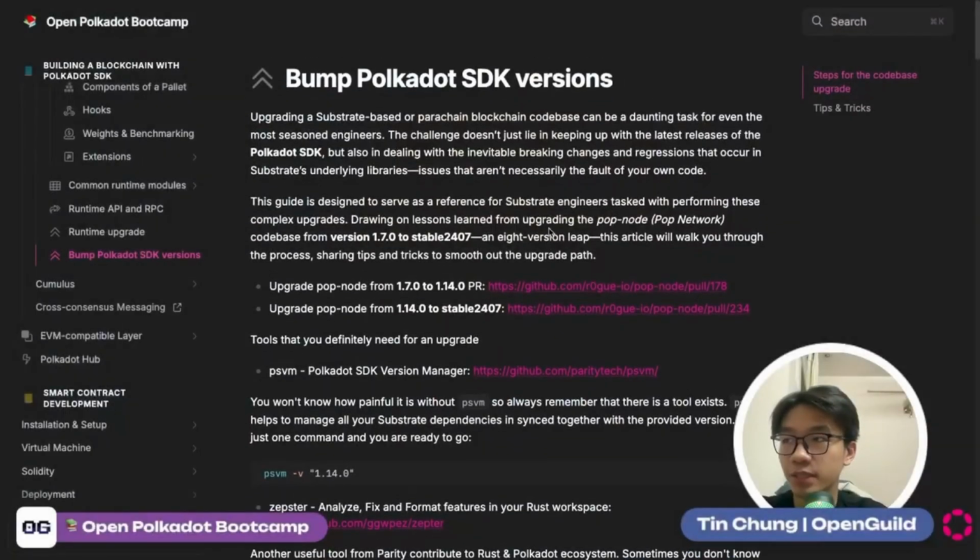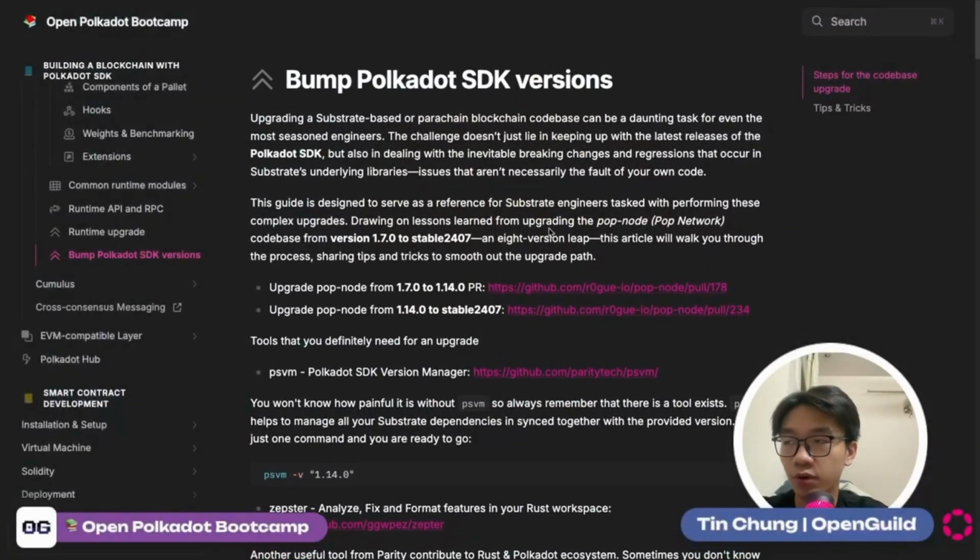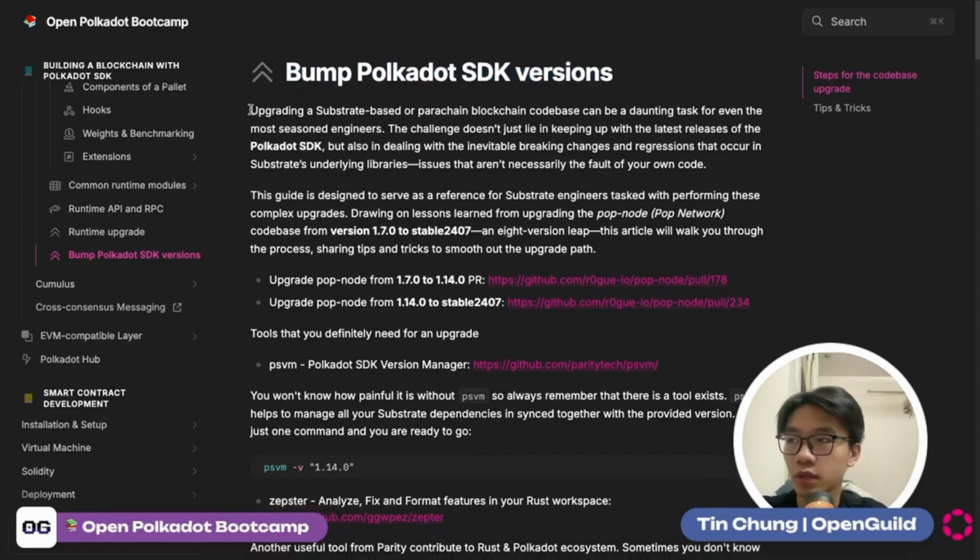Now we go to the documentation. Here in the guidebook we have the section called Polkadot SDK version. This is from a blog post that I wrote before. Upgrading a Substrate-based blockchain code base can be a daunting task for even the most seasoned engineer. The challenge doesn't just lie in keeping up with the latest releases of the Polkadot SDK, but also in dealing with the inevitable breaking changes and regressions that occur in Substrate's underlying libraries,